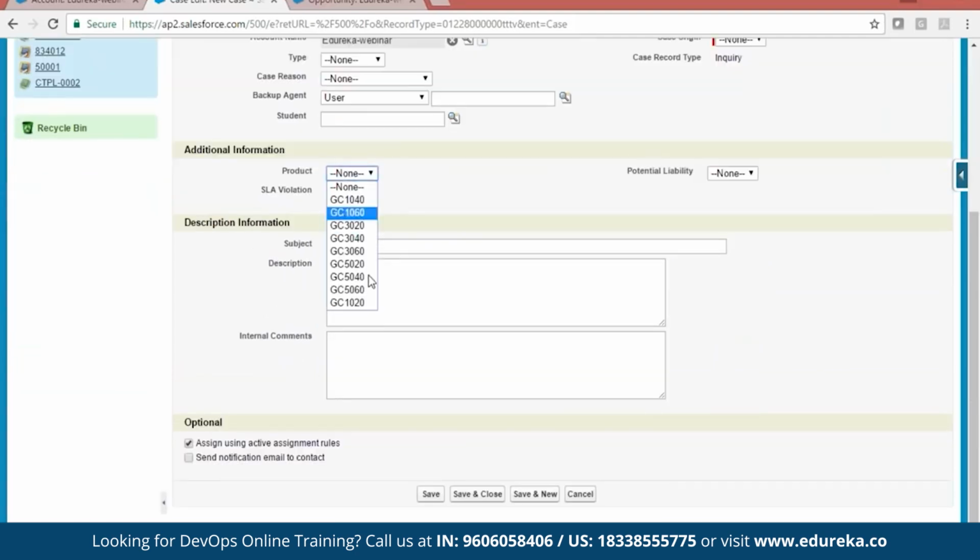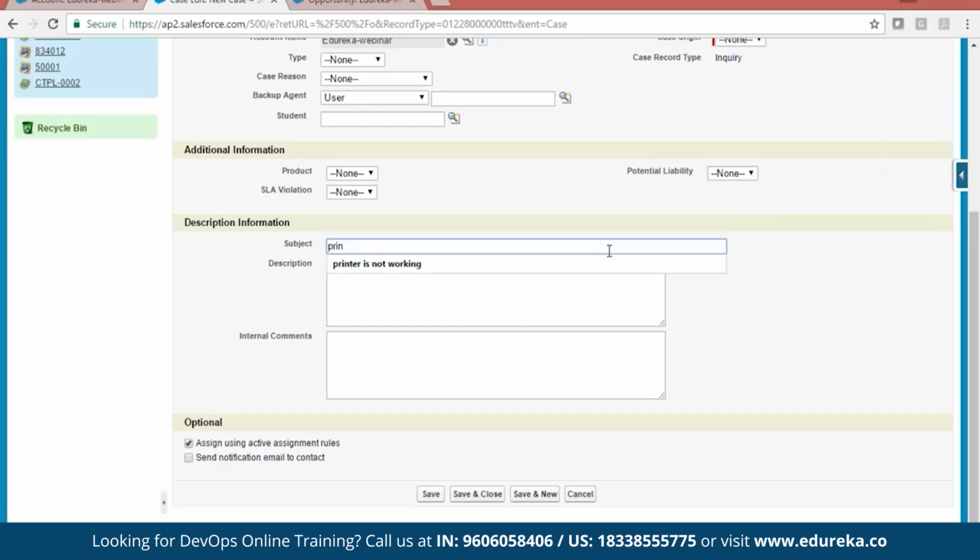Is there any kind of product information you want to give? You work on these products. This can be a printer or your product IDs or numbers or something. Do you have any potential liabilities? Is there any loss of money because of this case? So you can tell them, yes, we are not able to use our printer and our work is stuck. I have to send a lot of mails, US mails to my customers, and I'm not able to print. It's a potential loss for me.